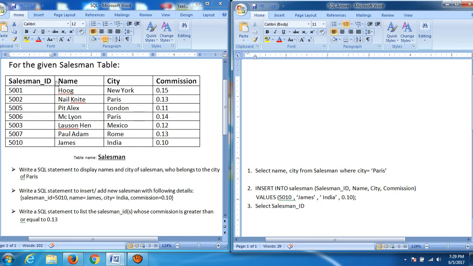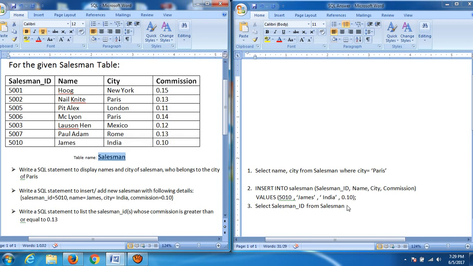Because we know this field name is salesman ID, we have to select the salesman ID from salesman, that is the table name, where commission should be greater than or equal to 0.13.